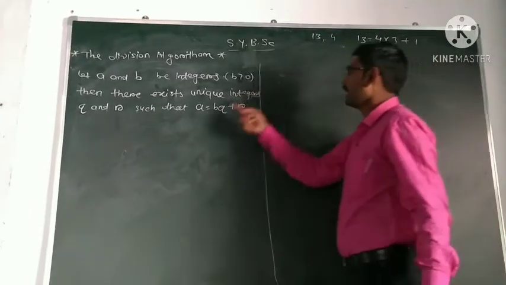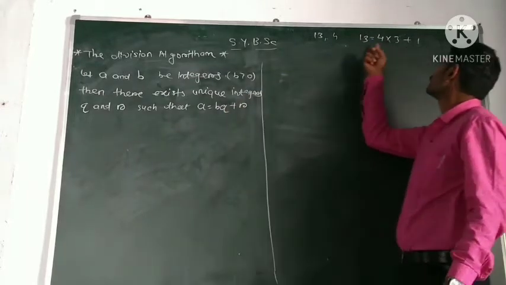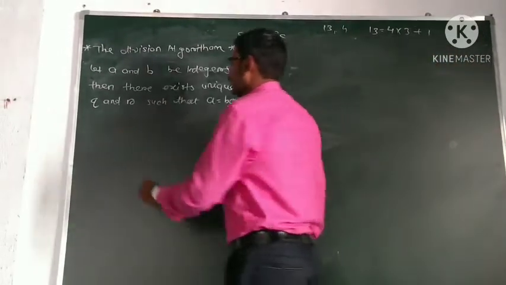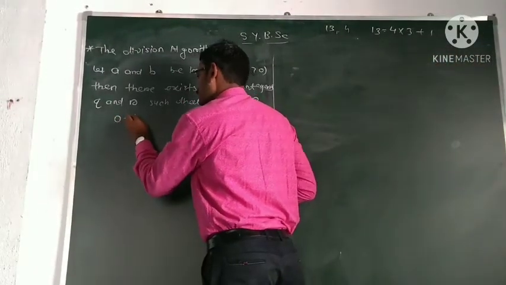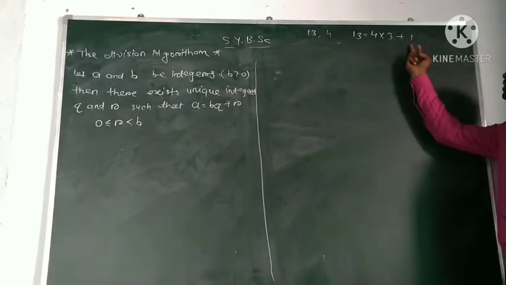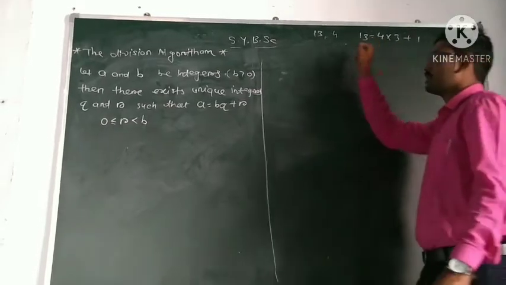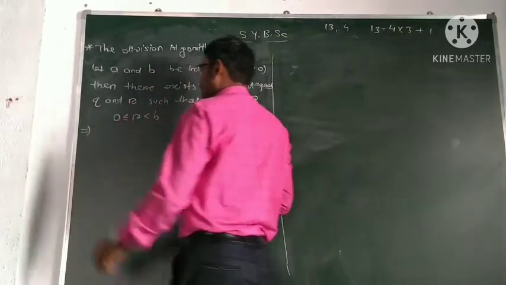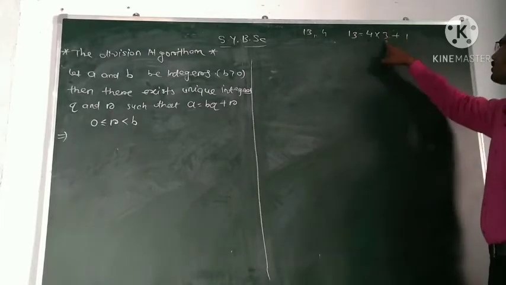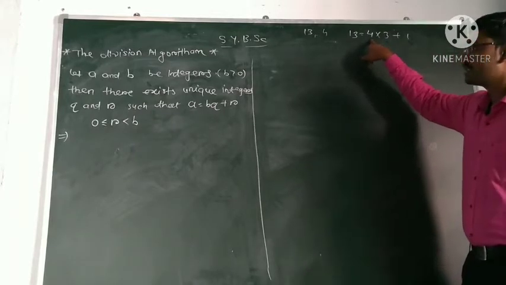So here a is equal to b into q, where b is 4, q is the quotient, which is 3, and r is the remainder. The remainder r is such that it is always greater than or equal to 0 and strictly less than b. See, 1 is greater than or equal to 0 and strictly less than 4. 4 is our divisor. So this is the division algorithm. If we divide a number by a non-zero number, then there always exist a unique quotient and remainder, such that this remainder is always greater than or equal to 0 and less than the divisor b.